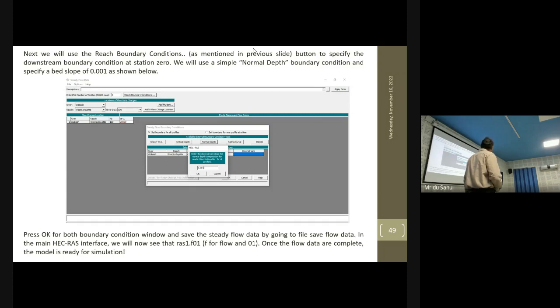So by these methods, whichever you want to apply, you can apply. So for simplicity, we take normal depth. We select the normal depth tab to fill the value. When you have selected this normal depth, what do you see? You see the downstream end,